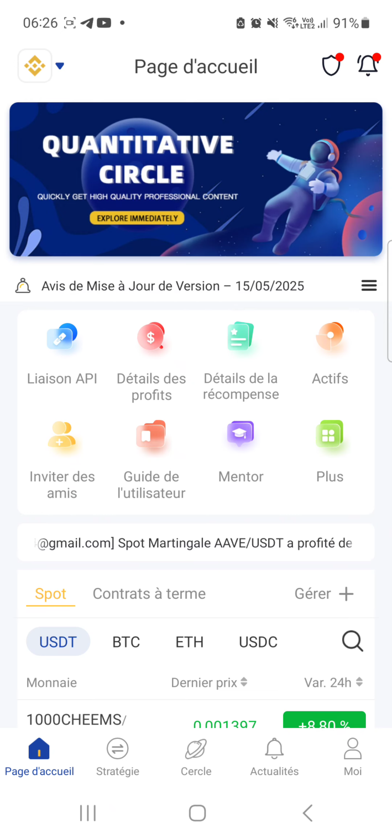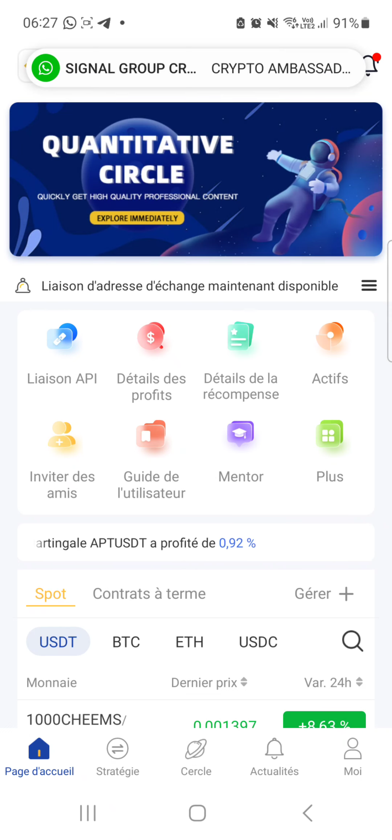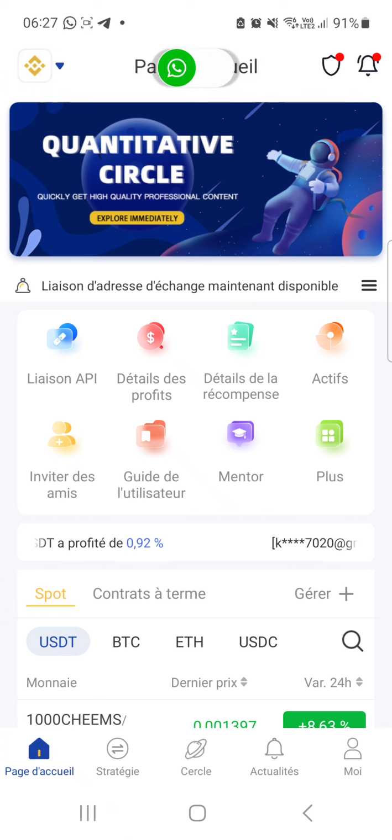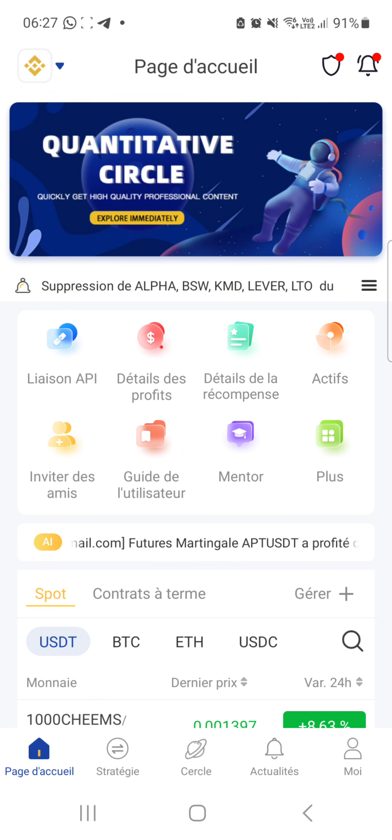Ladies and gentlemen, since 2021 up to last year, Royalq, we were only trading the spot trading, but Royalq has now put the option of future trading, and it's amazing. Remember, when we trade in the spot, we expect the market to go up before we make the profit. But because of the downtrend, because of what is happening everywhere, it has affected the crypto market. So Royalq has improved this